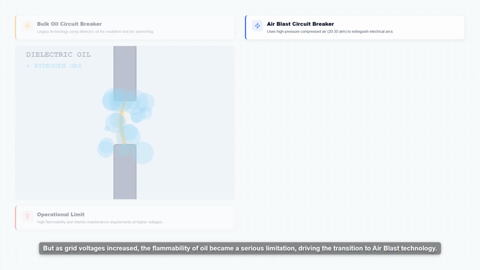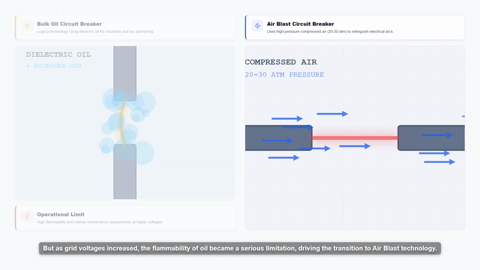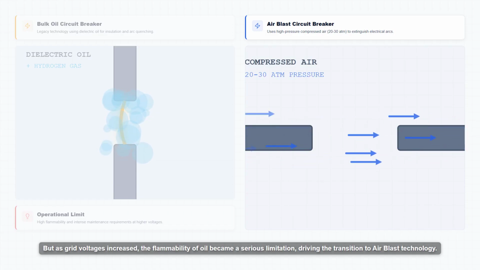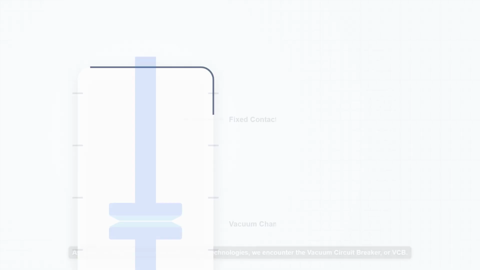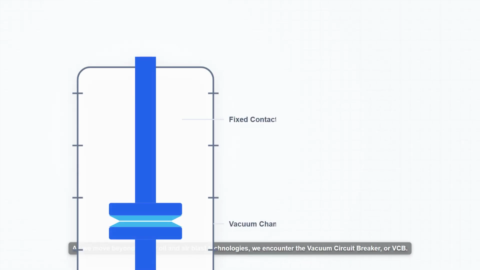arc. But as grid voltages increased, the flammability of oil became a serious limitation, driving the transition to air blast technology. Air blast breakers use highly compressed air to violently blow out the arc, enabling much faster fault clearing at higher transmission voltages. As we move beyond legacy oil and air blast technologies, we encounter the vacuum circuit breaker, or